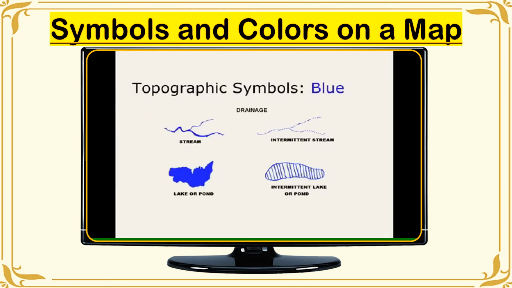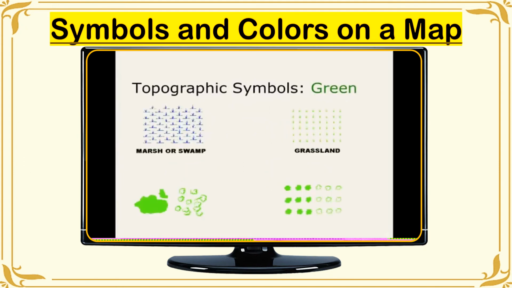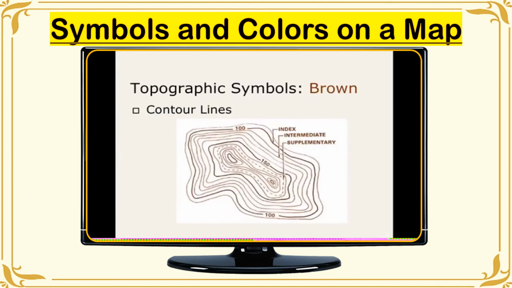Blue, as you can see, are streams, intermittent streams, lakes, or ponds, any kind of water features. Green, you'll see different types of vegetation. In brown, you'll see contour lines, generally explaining the relief in the terrain on a map. So for an example,